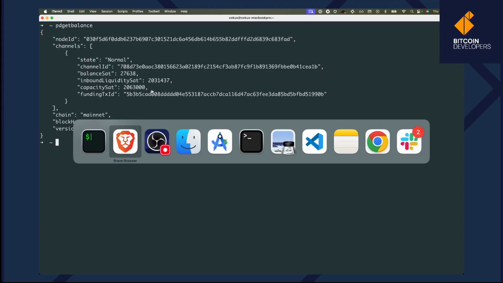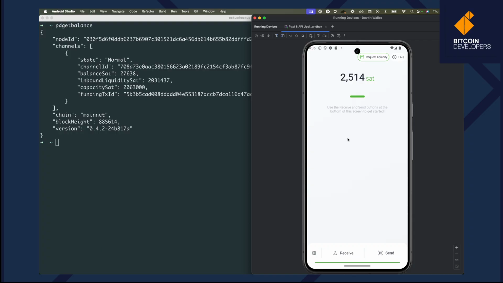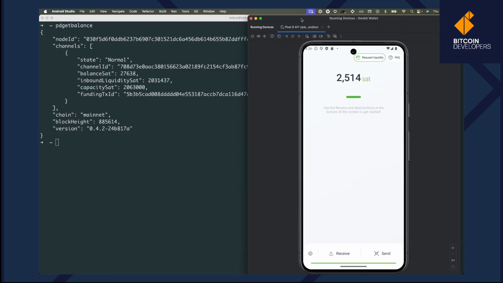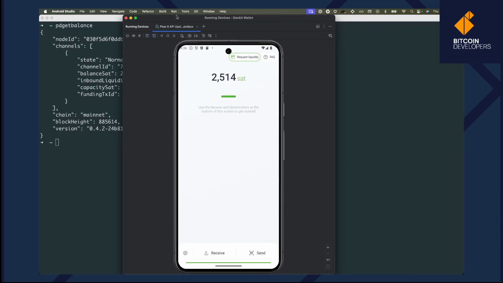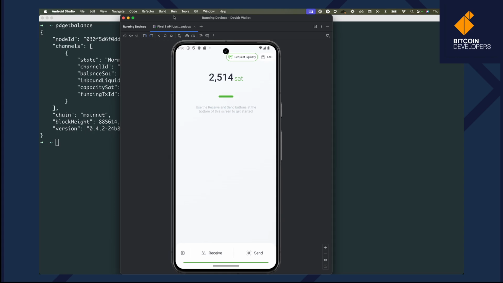Right, so I do have a simulator open. Is it this one? Yeah, here we go. Nice. So this is the Phoenix mobile wallet. I think the visuals on that is fine. So I've set this up already. I've got 2,514 sats there. So let's